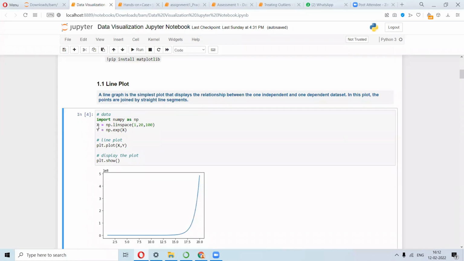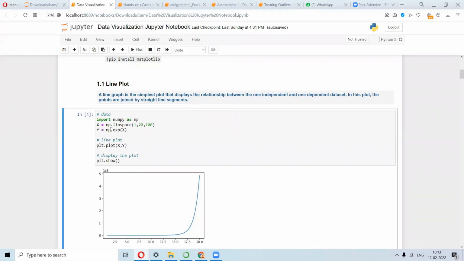we have defined x as 1 to 20 and 100 observations, right? If you refer to the range for x, that is starting from 1 till 20, right? So we are pulling 100 observations from the initial value of 1 to the terminal value of 20. Okay, so these are the values of x, of course, and then y is the exponential of x.